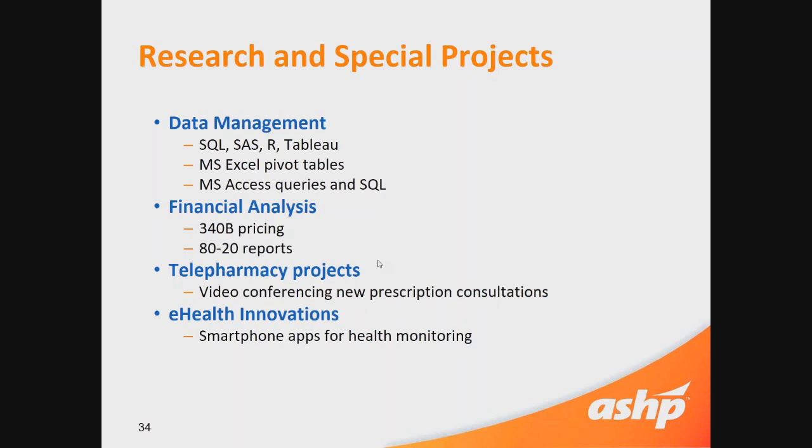As well, if you can get the opportunity of using Microsoft Access, specifically the queries, and maybe even changing some of the SQL behind these queries, that will also be very helpful in understanding how data management can affect pharmacy informatics. Like I said earlier, with financial analysts, it can also be, for instance, with 340B pricing. A lot of times you'll be looking at data with drugs, and they need this set of drugs, the 340B drugs, to be separate from the non-340B drugs,